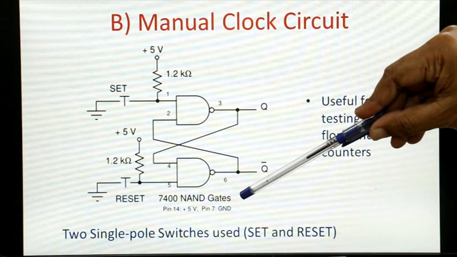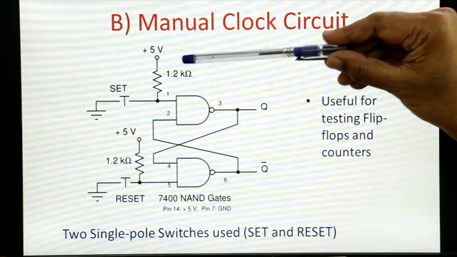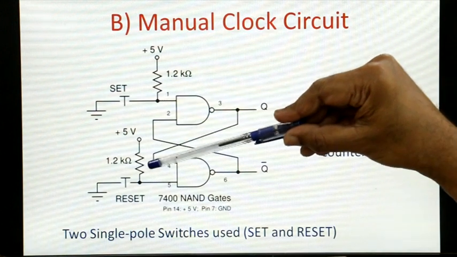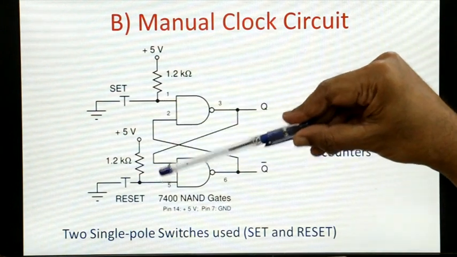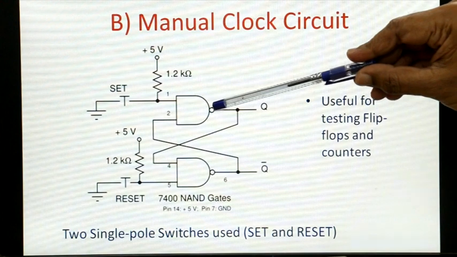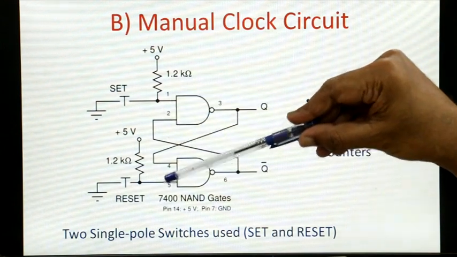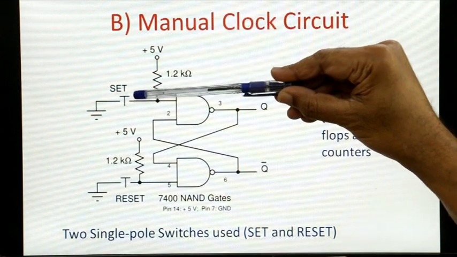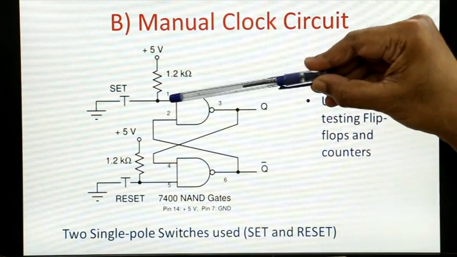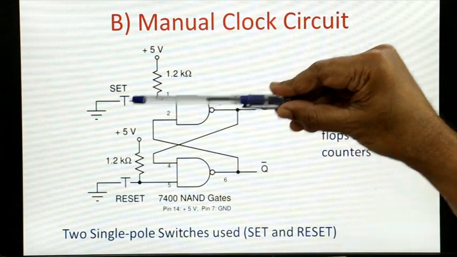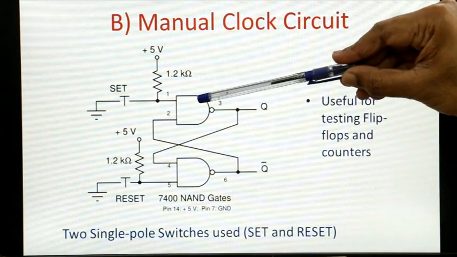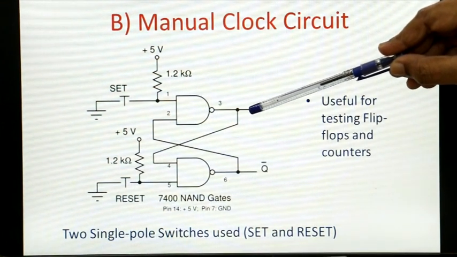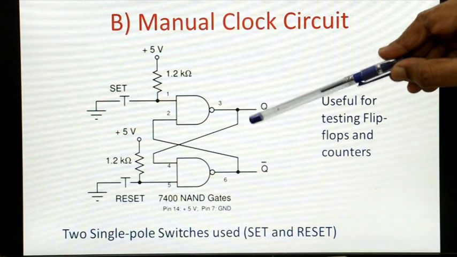Two of the gates from the 7400 have been used there, and you can see that normally when the switch is not pressed, both the inputs are high. When you don't do anything, both inputs are high, and we know that for a NAND latch, when both inputs are high, the previous state will continue. When you press this particular switch, you are applying a logical 0 to pin number 1, the first NAND gate, which will force the output to immediately go to 1. And we know from our NAND latch that the other output will then go to 0.